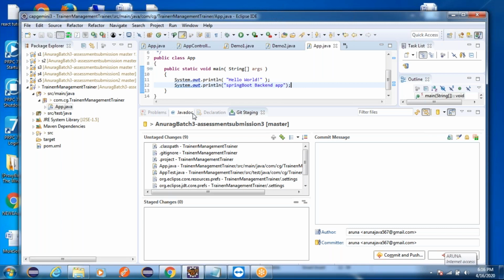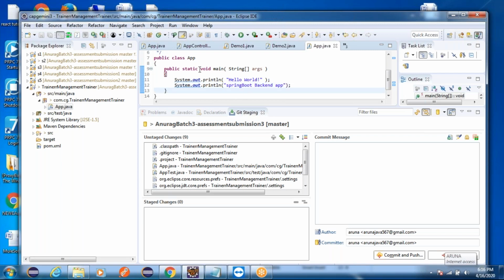When you progress with your project, every day, at the end of the day, you need to push your code to the remote repository. After this configuration is done, you have created a project, aligned it to the local repository, and aligned it to the remote repository. Every day you have to do this one time: in the morning you clone the project, in the evening you push the project. So now we have to push it.